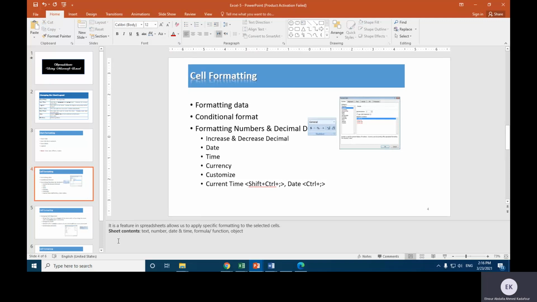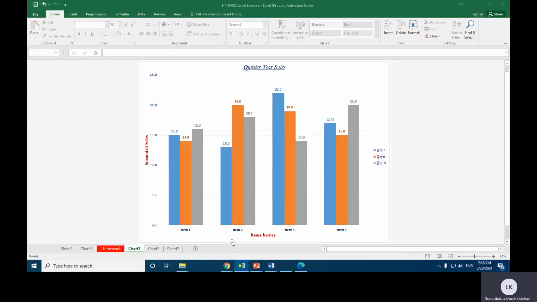Okay, what we mean by conditional formatting, I will come to that. Conditional formatting. It is a feature in spreadsheets. عبارة عن خاصية بداخل الشيت مالنا أو بداخل الابلكيشن مالنا allows us to apply specific formatting to the selected cell. بجي لاحقا. طيب formatting data مثلها مثل ايش؟ مثل هذا